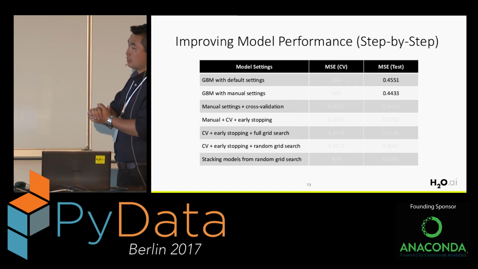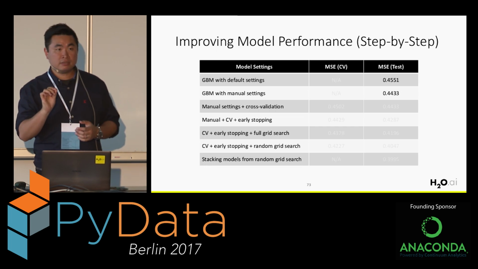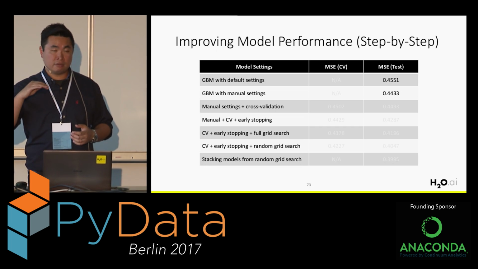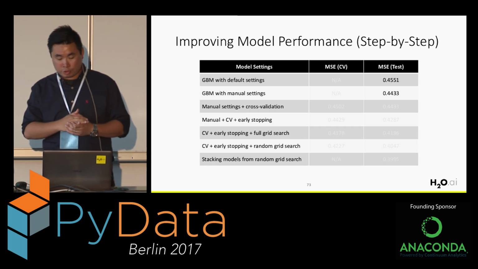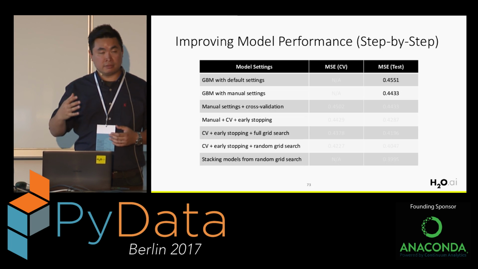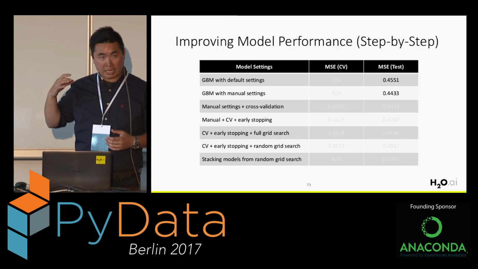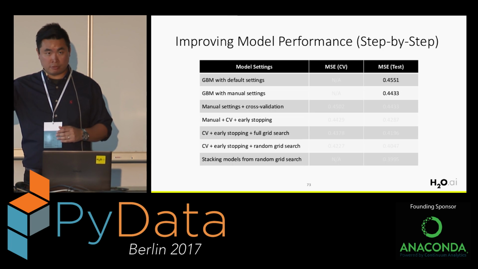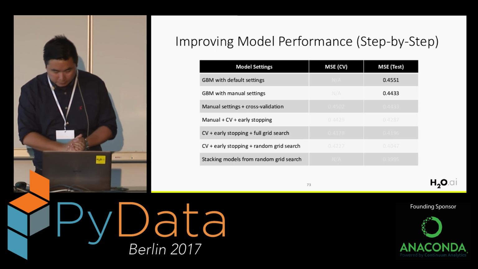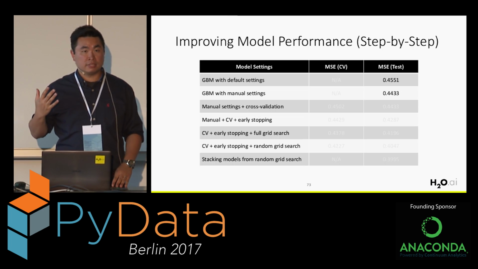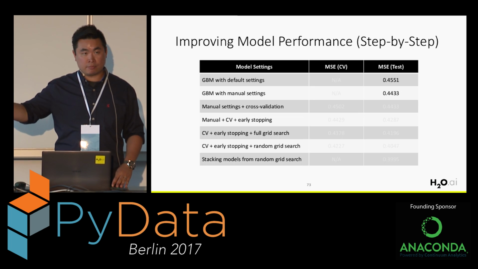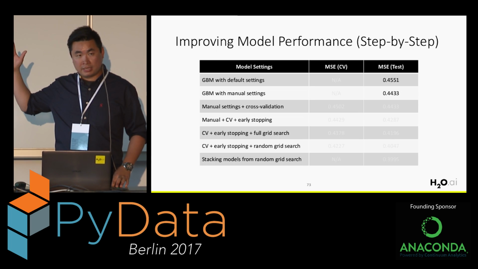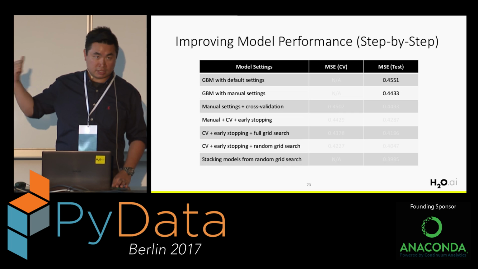Then if you can see that this is now getting slightly better, so we have a lower MSE, or mean square error, this time, which means the manual settings that I put into that model actually worked in this case. So it helped to reduce the error a little bit. But sometimes it's not enough to only look at the test data set, because maybe I just got lucky with this test data set.